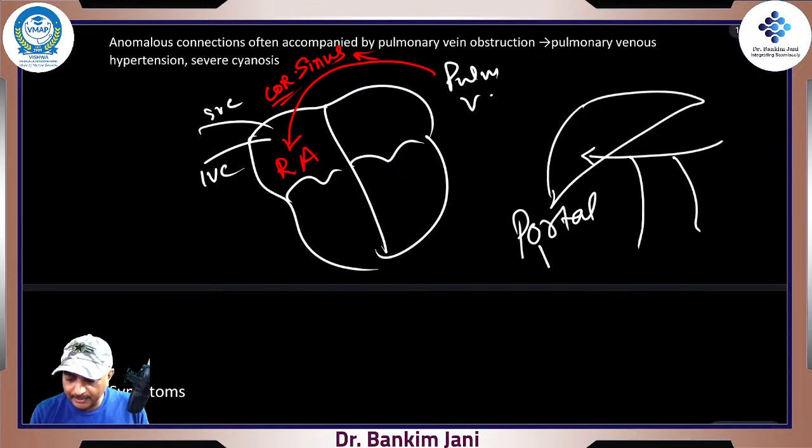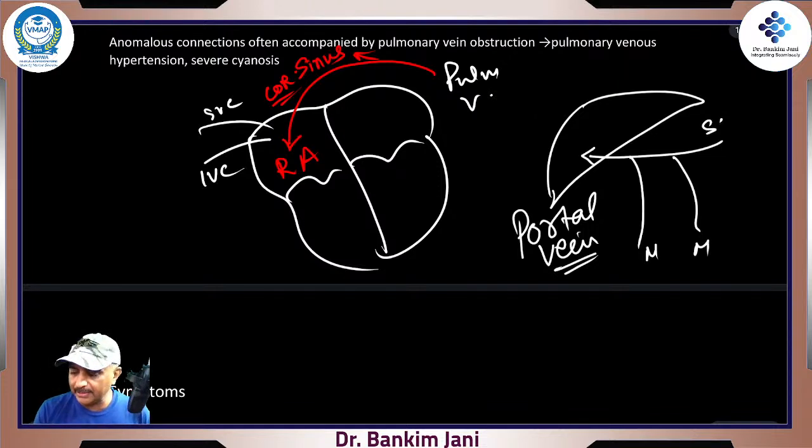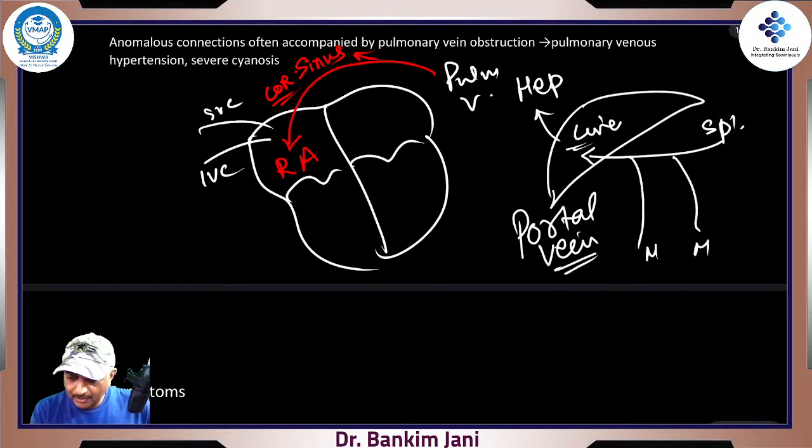right? Portal vein. It is this portal vein, what it will do, these are the mesenteric, right? Inferior mesenteric, superior mesenteric, and the splenic. So these mesenteric veins will be getting all the nutrition, right? And then it will be going into the liver for processing. In liver, once it is done, then it will be coming out. So here they will be like hepatic veins,